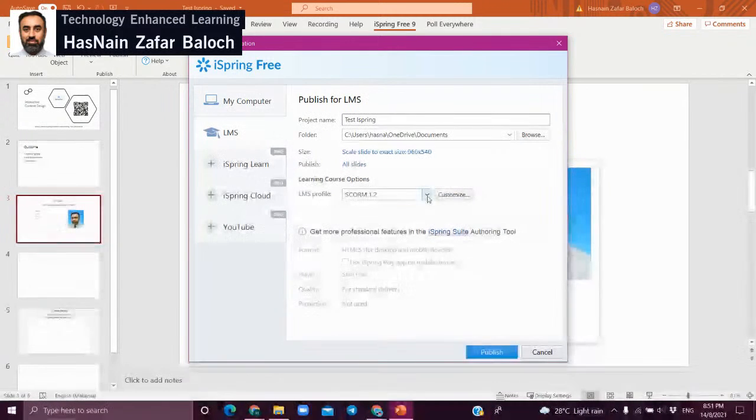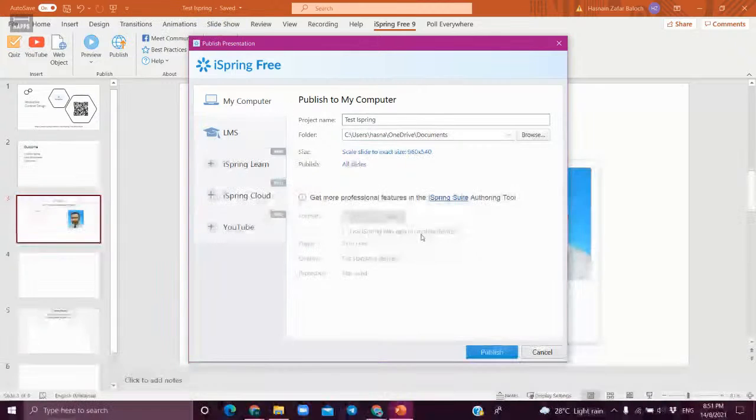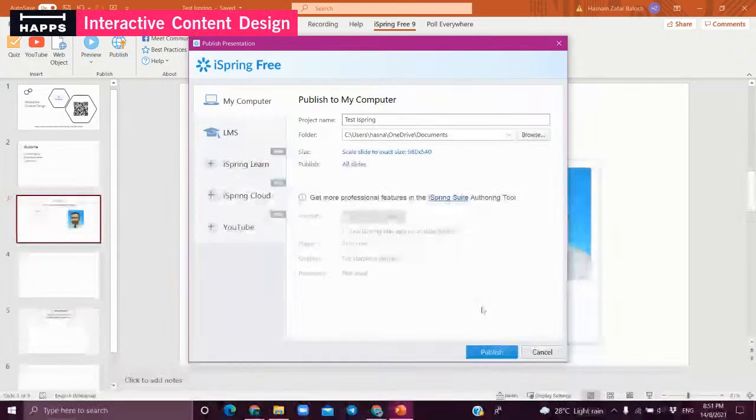Yeah, you see here the option, SCORM 1.2, or they have SCORM 2004. So there are two versions of SCORM. So you could publish it for your LMS, and if you don't have an LMS, you can publish for your own device. And let me show you